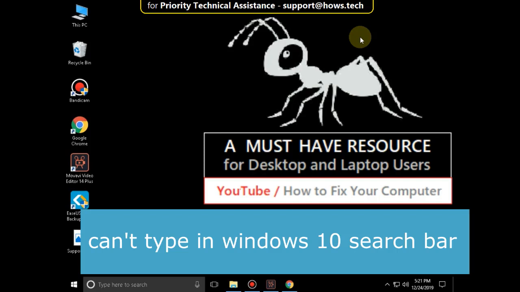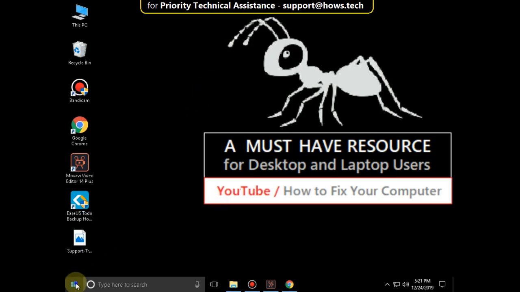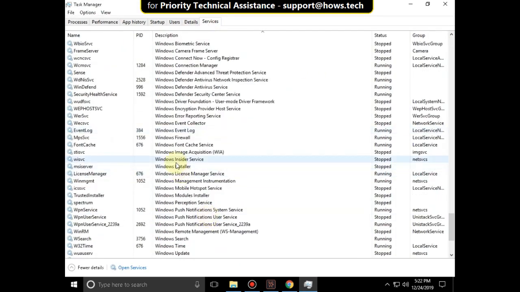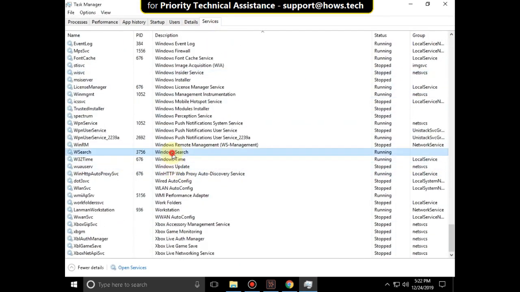Two-step process to fix the can't type in search bar problem in Windows 10. Right click on the start icon, then select Task Manager, select the Services tab, scroll down and right click on Windows Search